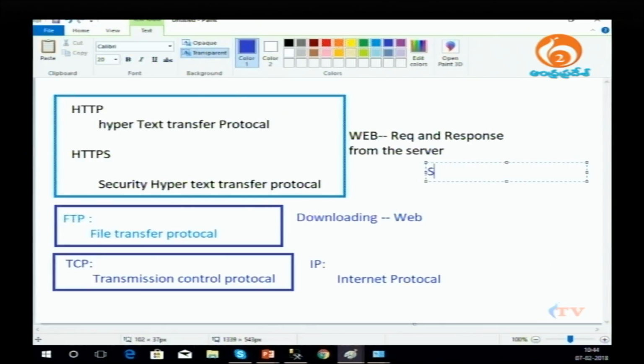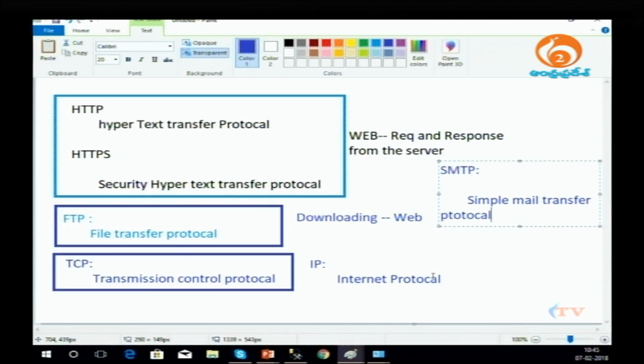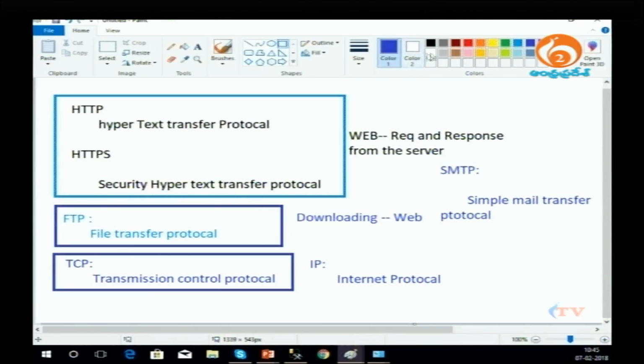And the last protocol we have is SMTP, right? It stands for Simple Mail Transfer Protocol. This is one of the very important protocols in mail communication. You may use Gmail, Yahoo, Live, or whatever you name it. All of these have something called SMTP, Simple Mail Transfer Protocol. This is mostly used in mailing services. Whenever you want to send a mail or receive an email, all this transaction happens